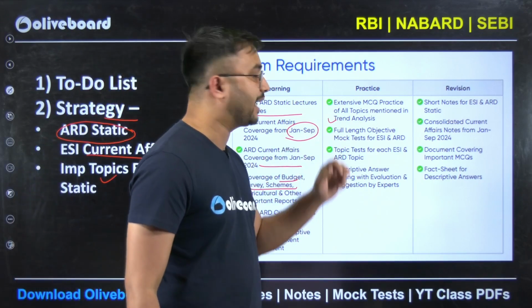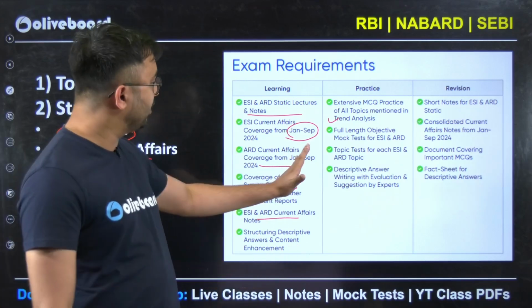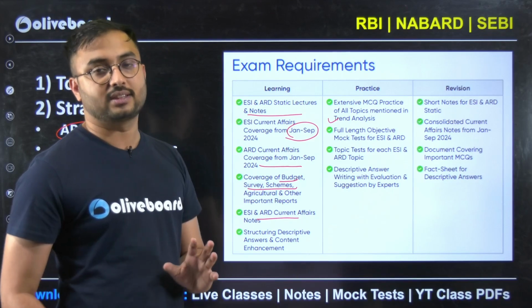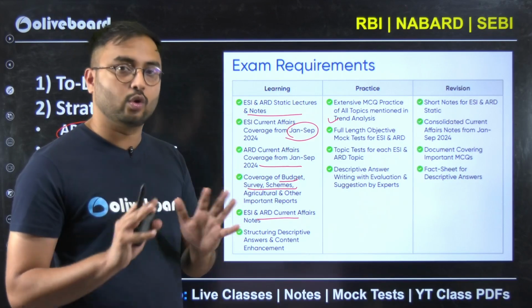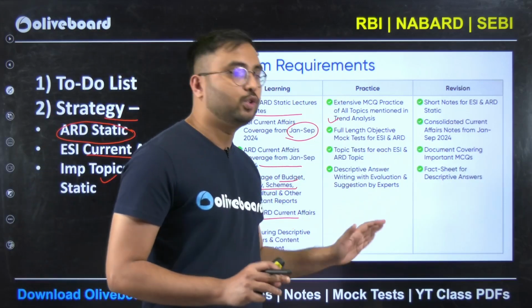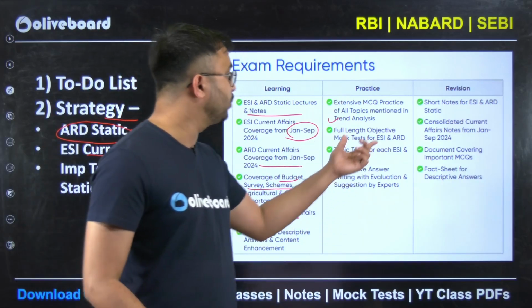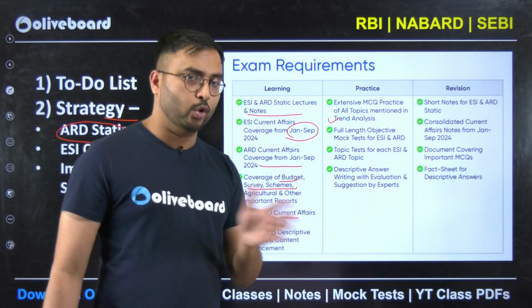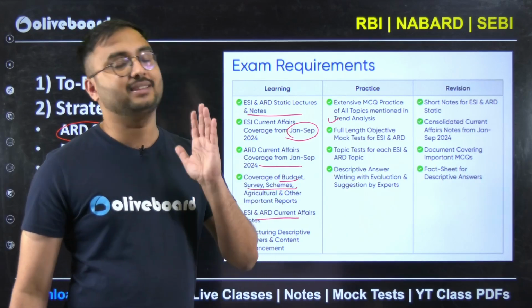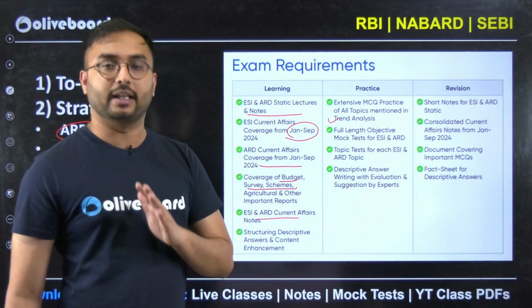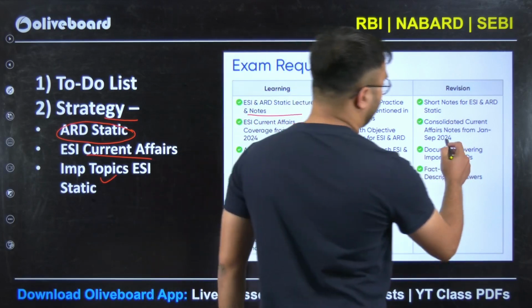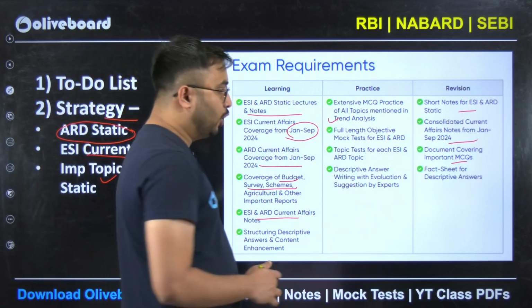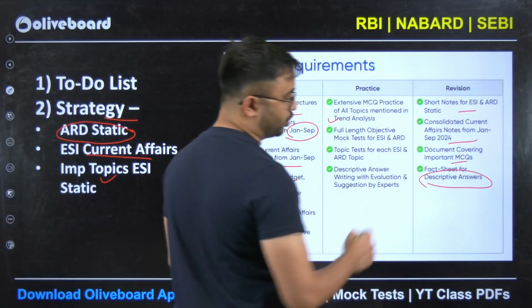Second thing is practicing. Now, after learning these things, this is something which you are going to put inside your head. But what are the things which you are going to practice? So practicing will come through MCQ practice and answer writing practice. Answer writing goes for both the wells. One is ESI-ARD and one is English descriptive. And lastly is revision. Revision of current affairs properly, static properly, and yes, you should make short notes or fact